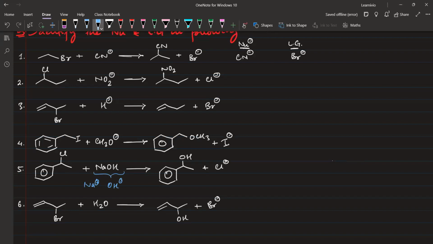Yes, sir. So you can see that OH negative is the nucleophile. Okay, so for the case when you have ionic compounds, then in that case you will dissociate them and you will see what is the anionic part, and the anionic part will be counted as the nucleophile. Does that make sense? Yes or no, please tell me. Yes, sir. Okay. Otherwise everything is correct. Okay. Now